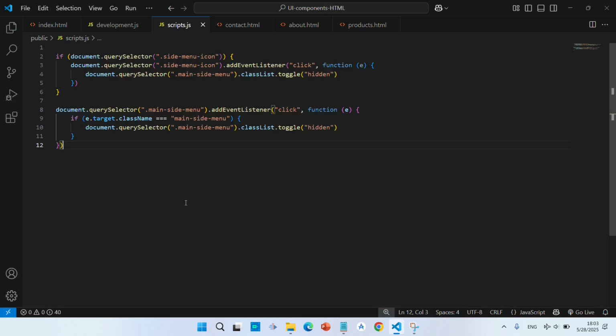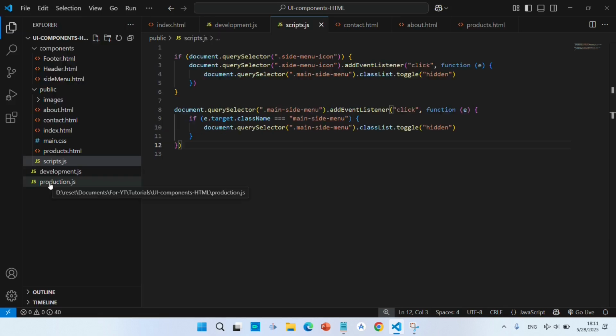Format document, save it. Open production.js,